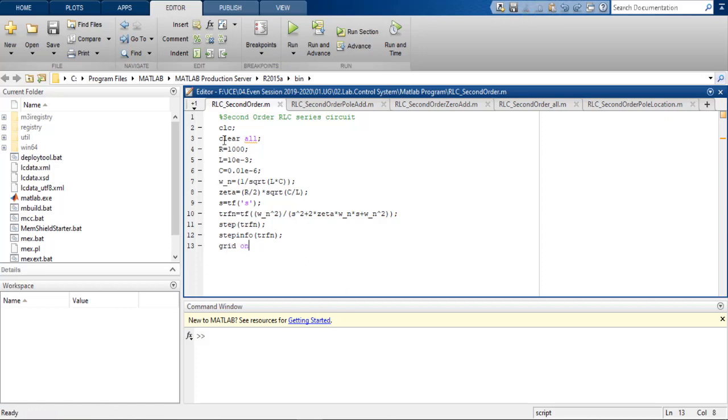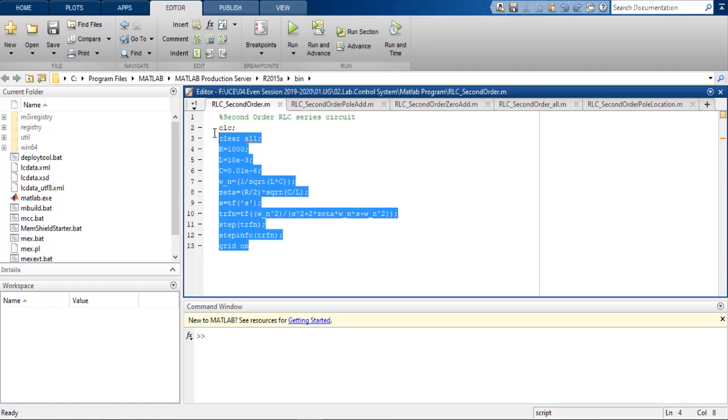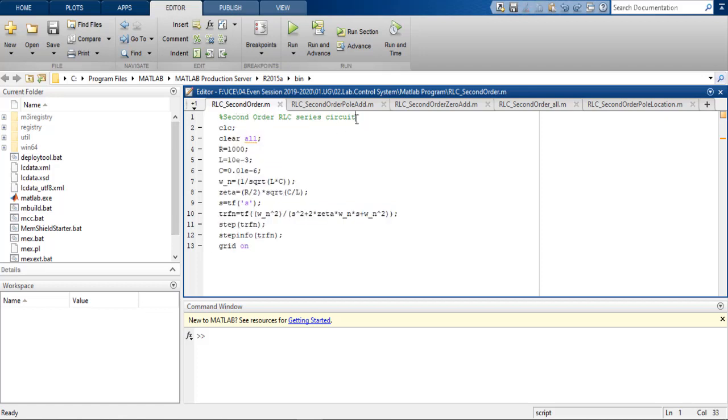Now what you will have to do is save it. I have already saved it. Remember, I have used this percentage sign. This percentage sign tells you that this is nothing but a comment. Why do I require it? To make me understand that this is a program for a second order RLC circuit.